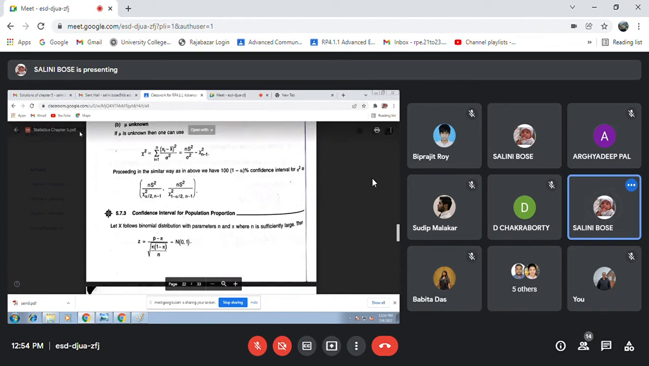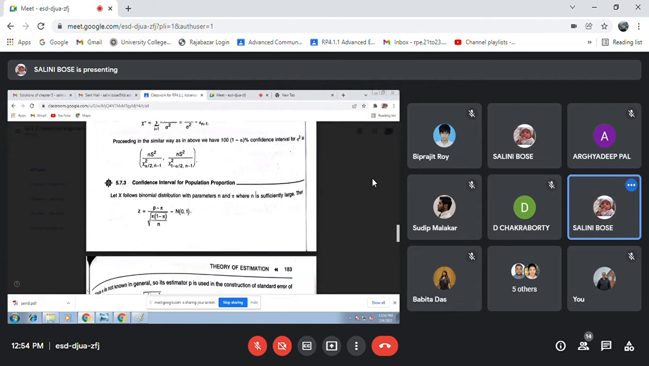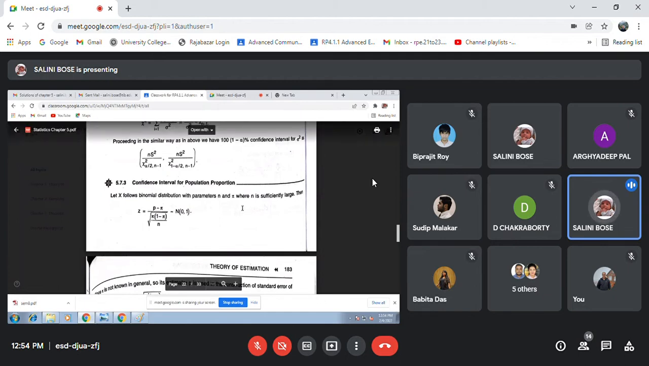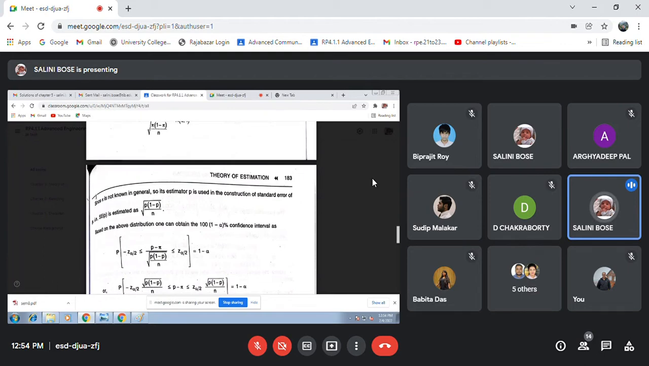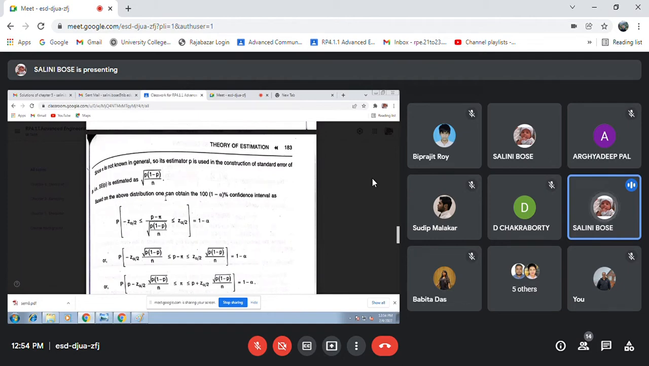And for the population proportion, how to find? For the population proportion, you know this formula Z equal to p minus pi over root of pi into 1 minus pi by n. And because pi is one of the parameters for the binomial population distribution, and if pi is not known in general, it can be estimated with the symbol p, because p is the proportion, right? So based on the above distribution, we can obtain this 100 into 1 minus alpha % confidence interval also,